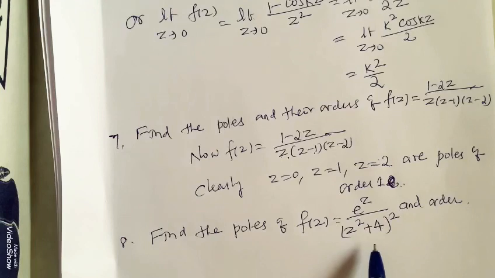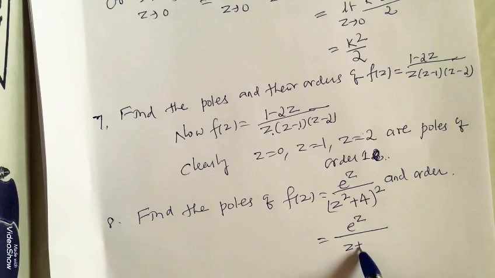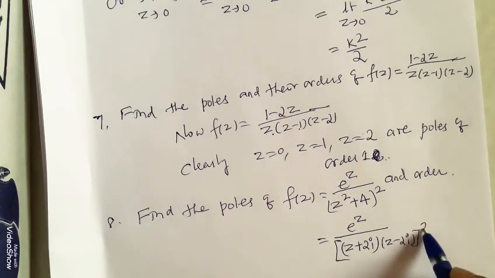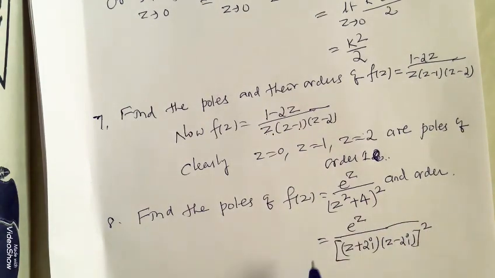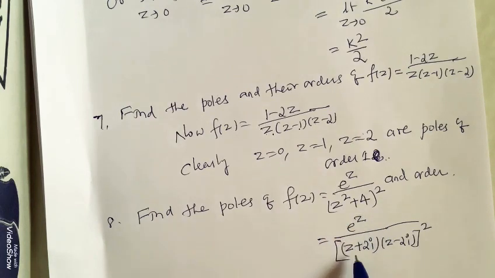So now the denominator is not in the form of a linear factor. So first you have to write linear factors. So this f z is e raised to z divided by z plus 2i into z minus 2i, and its square, because the square is there. See, it is a quadratic factor with plus sign like this, z square plus a square, so z plus ai, z minus ai you have to write. Therefore it is z plus 2i, z minus 2i here.